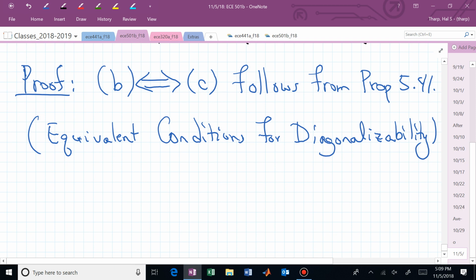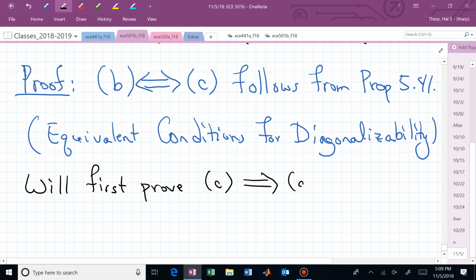So now let's just show that C implies A, and then A implies C, or whatever. So now we will first prove that if we start with statement C, that actually implies statement A, that